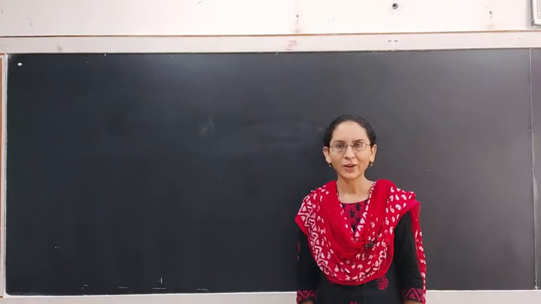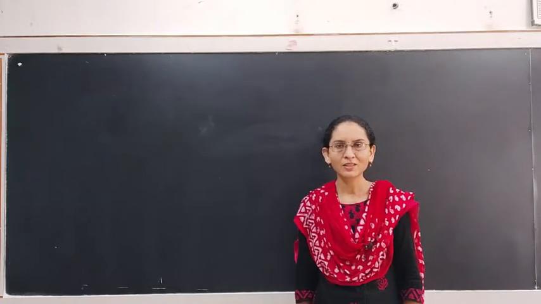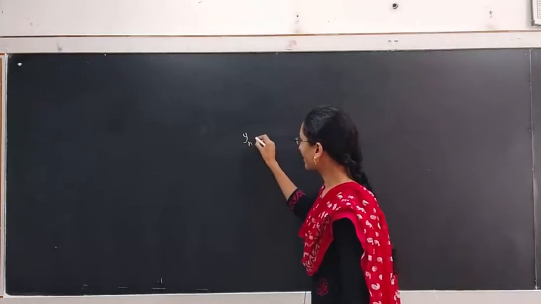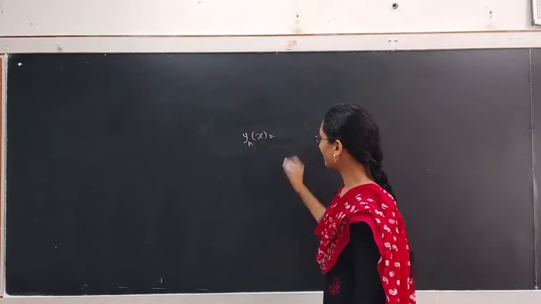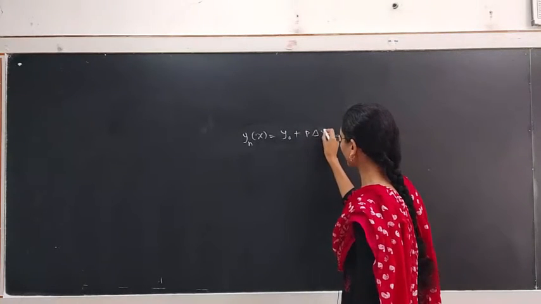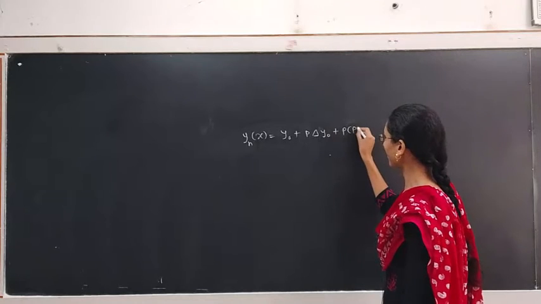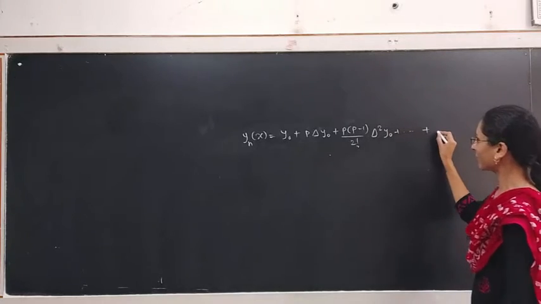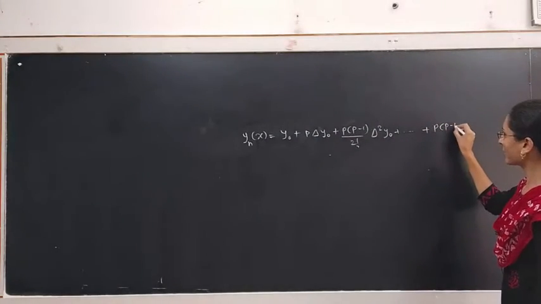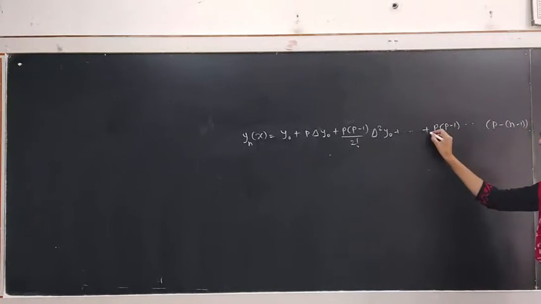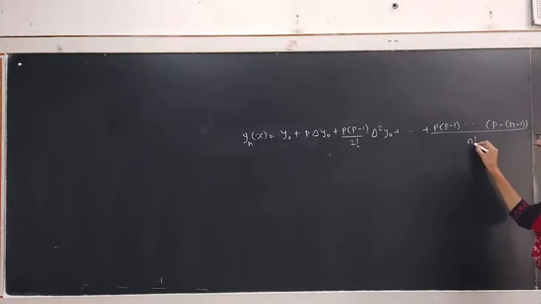In the last lecture, we proved Newton's forward interpolation formula. That is, the formula is yn of x is equal to y0 plus p into del y0 plus p into p minus 1 upon 2 factorial del square y0 plus, up to, p into p minus 1 up to p minus n minus 1 upon n factorial into del raised to n y0,